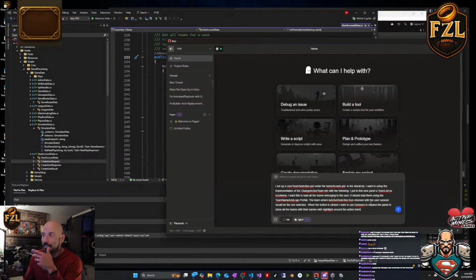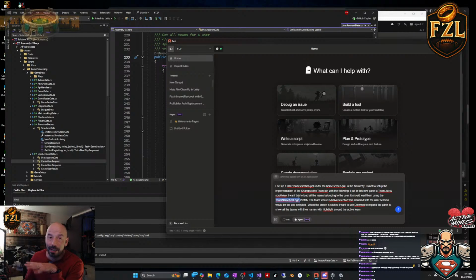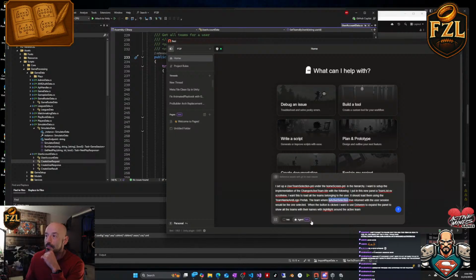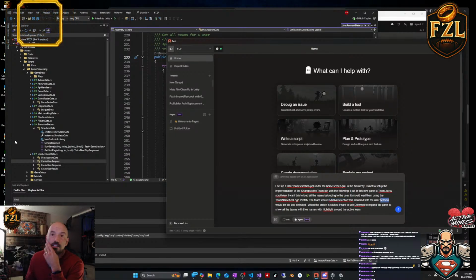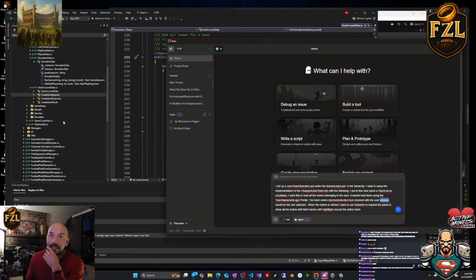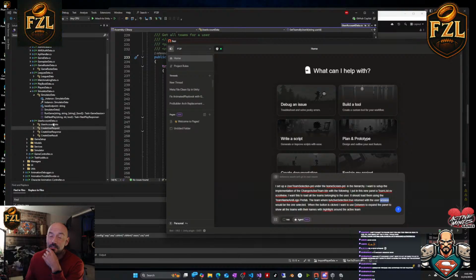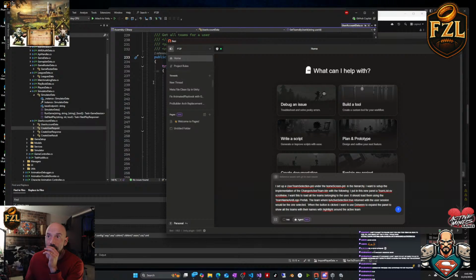Like you see me doing this bit where I'm saying, use the Team Active logo prefab. We're not going to create a new prefab. Use the objects I created, my change active team button and my team list SV, which I've already created. Now I need to tell it the team where the active solution returns with the user session. Now the user session, I need to tell it, is going to come from the user accounts data.cs. User account session, which I believe is coming back in the